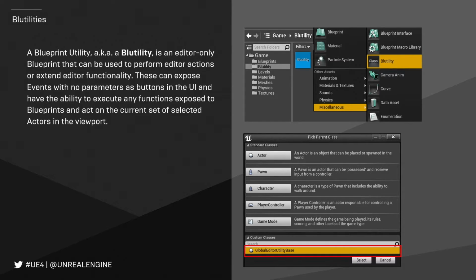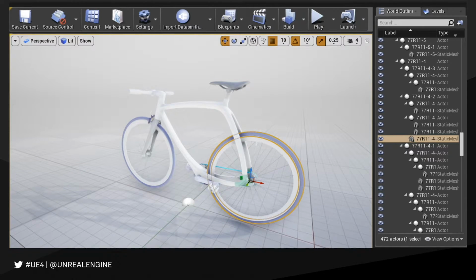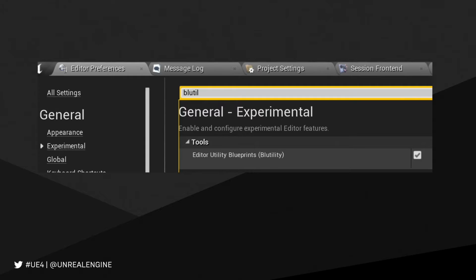So what a Blutility is, is an editor-only blueprint that you can use to perform editor actions and add your own quick scripts. So this is the asset as we import. And you can see on the right that it has the asset hierarchy as well. I forgot to name things ahead of time. But what we see here is that if I select the wheel, I'm selecting just the tire right now. Okay? Now, if I go into my editor preferences, into experimental, and enable Blutilities,